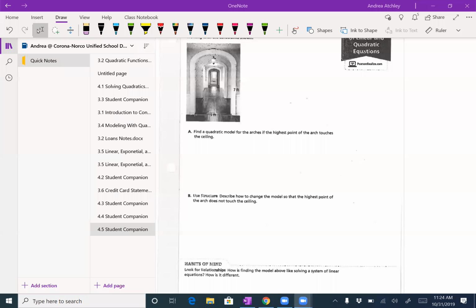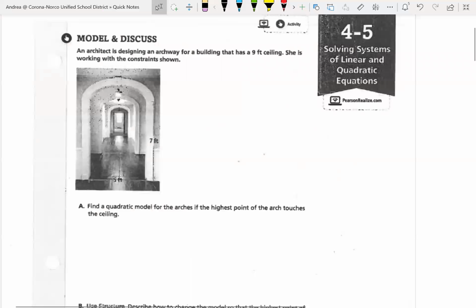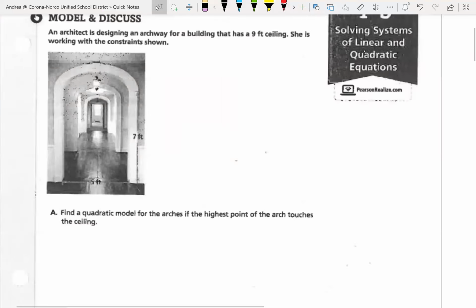Now we're going to be putting in linear equations and quadratic. So we're going to do systems of linear and quadratic. Okay, so we need to figure out what that would look like. Just put it here. So on this page,